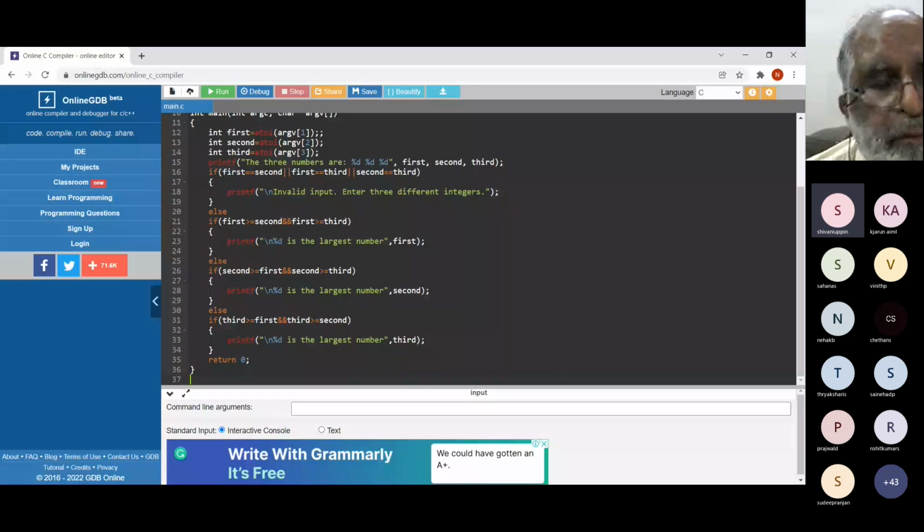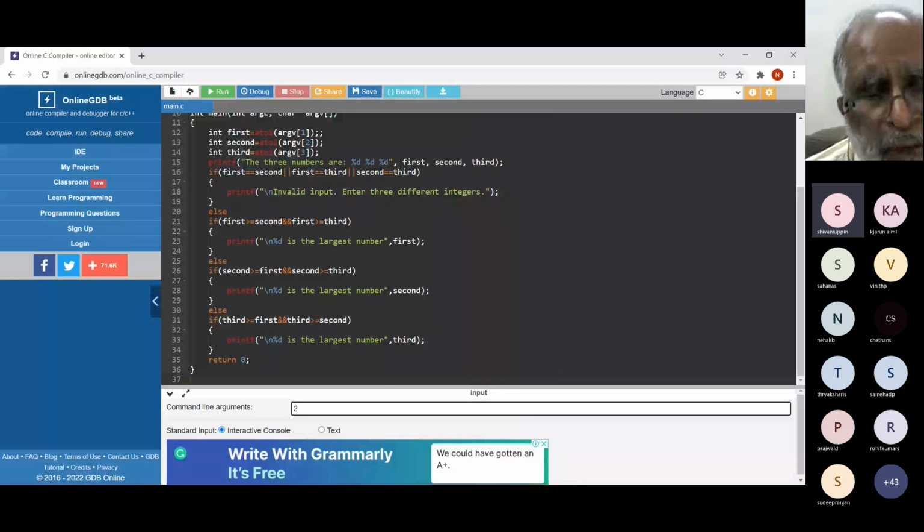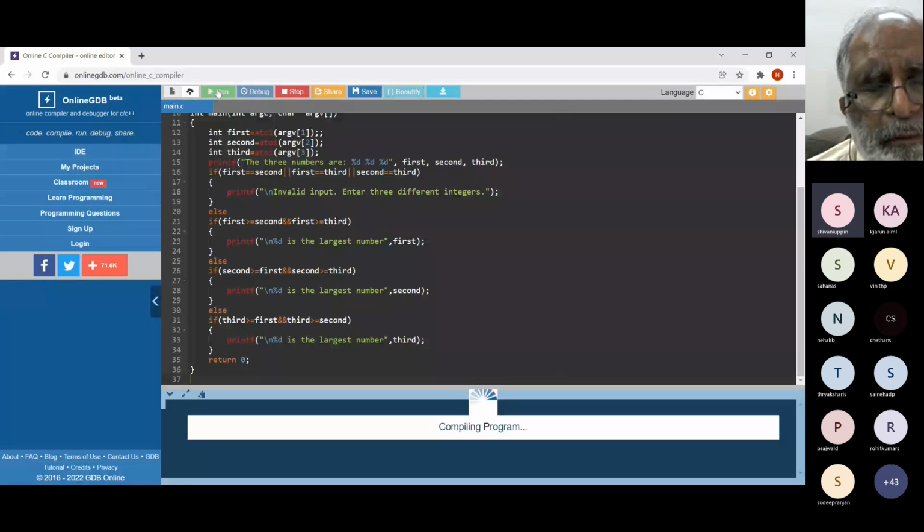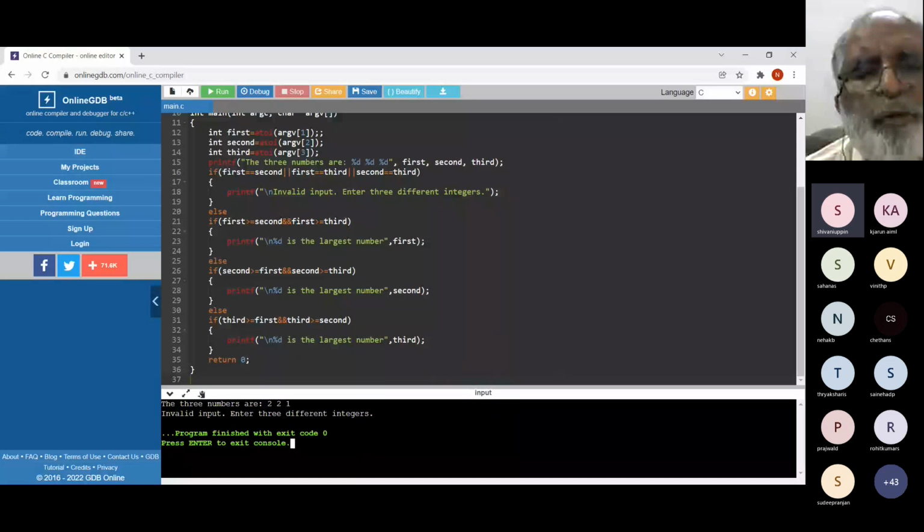If I say first is equal to second, say if I give 2, 2, and 1, it gives me an invalid input because I want 3 different values. I'm assuming that the... Did we say that? No, so requirement may not be 3 different integers. If I were to give you 2, 2, and 2, max is still 2.